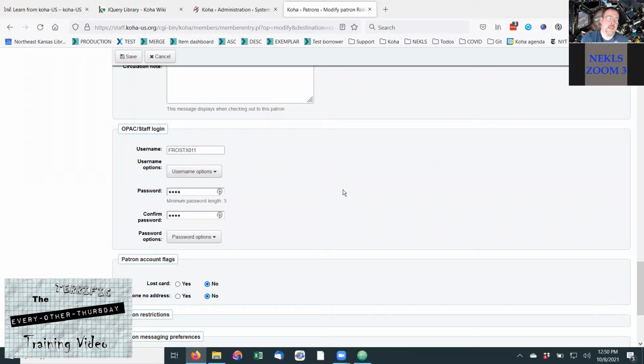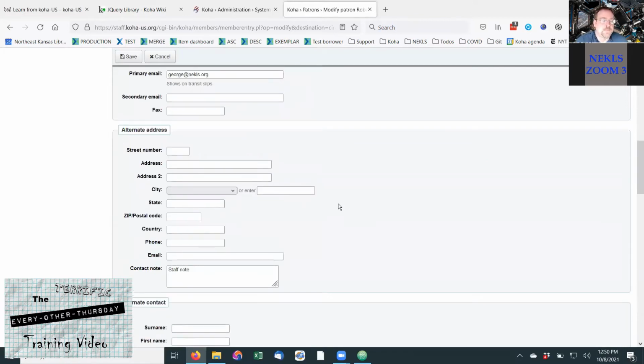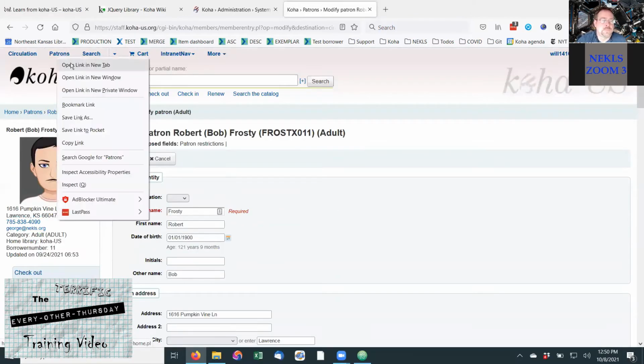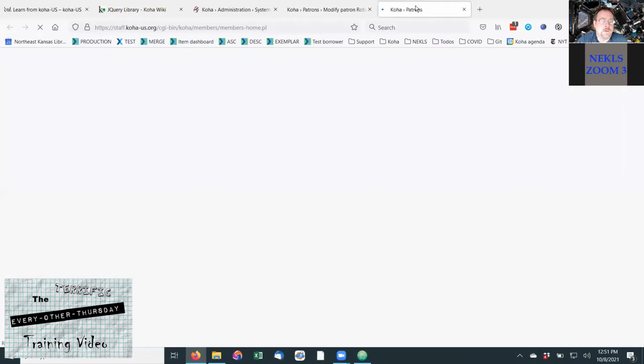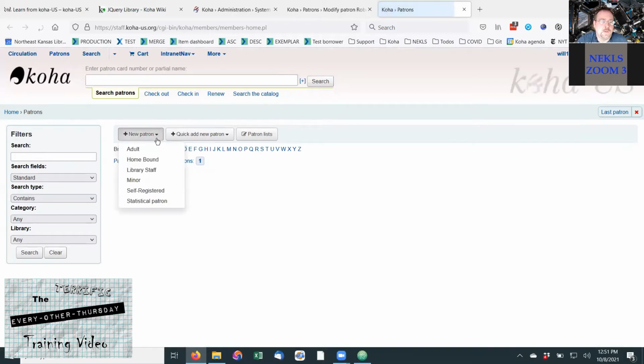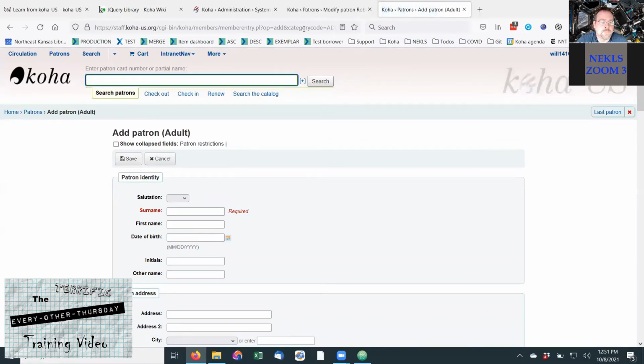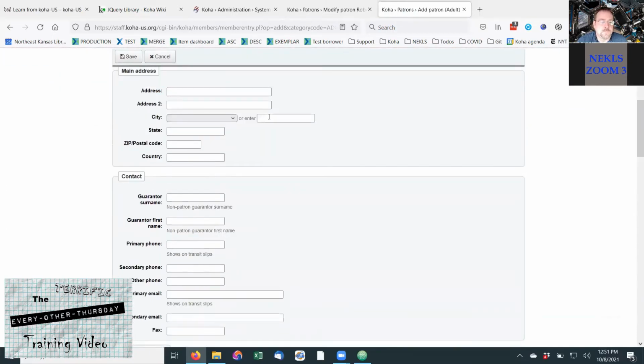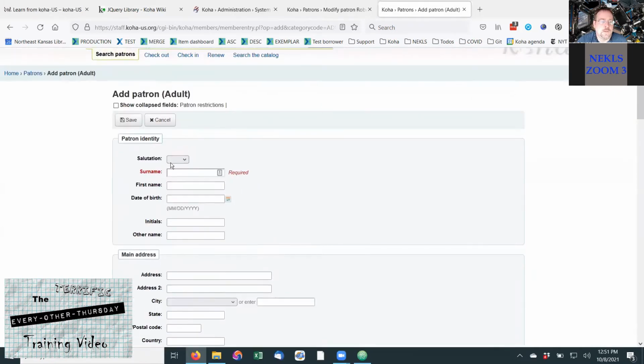And you're not using the API because this can apply towards new patrons, and that information is not going to be there already. Yeah, exactly. If we go to patrons, and let me just open a new box in a new window. If we do new patron and click on adult, this isn't connected to a patron, so the API can't go to a patron record that exists and get the data. But if we put the data here, like if we put a first name here,